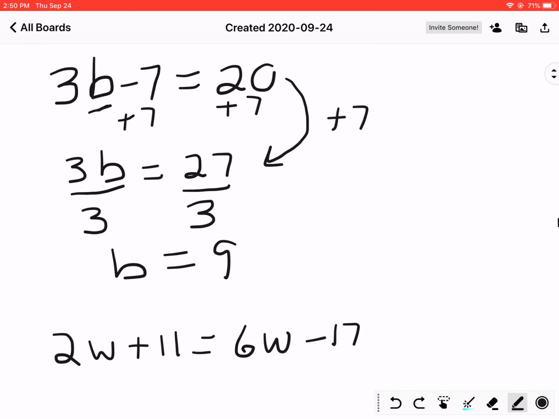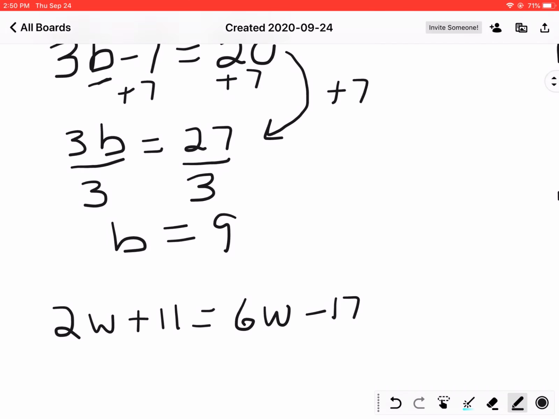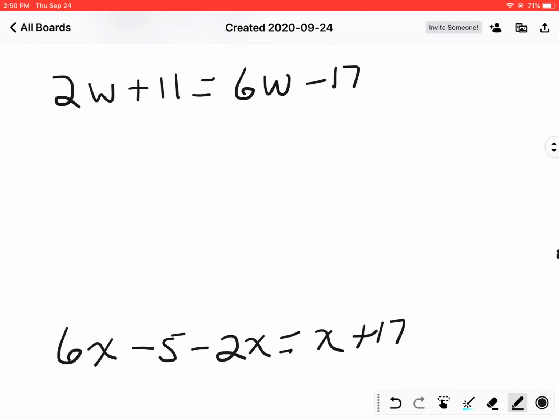Okay? Okay, next one. Move down a bit. All right. Now this one is different because it's got variables on both sides. So I want variables on one side. So I'm going to get rid of the variable on one side. Well, you know what? I'm going to get rid of it on this side